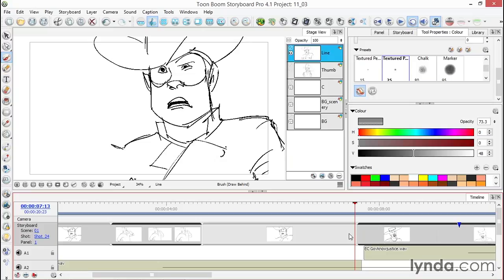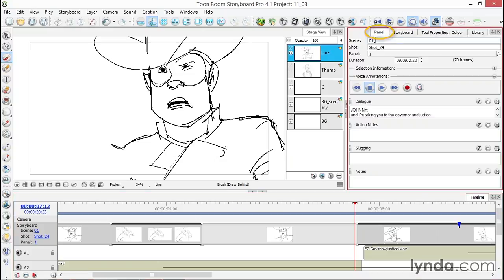Another easy way to change the timing of a shot is I can go to my panel tab, and you see right underneath the numbers it says duration. Well, I can use my little arrows and click up to make it go up to a little over 3 seconds every time I click on it, and to the right says how many total frames it is. Or I can just select, instead of 3 seconds and 3 frames, I highlight the 3, I'll type in 4,